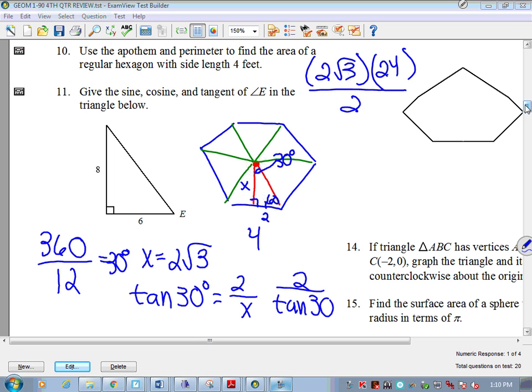Ultimately, 2 radical 3 times 24 is going to be 48 radical 3, divided by 2 is 24 radical 3. I don't know how specific they want you to be, but this is going to be an exact answer. What is the answer at the bottom? Okay, so exactly that then. So 24 radical 3 feet